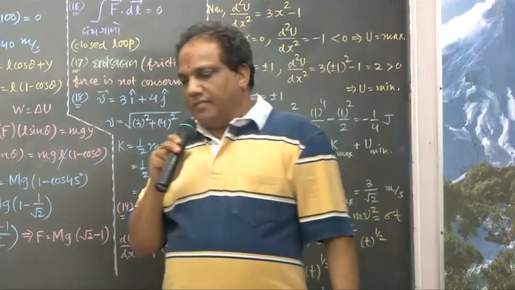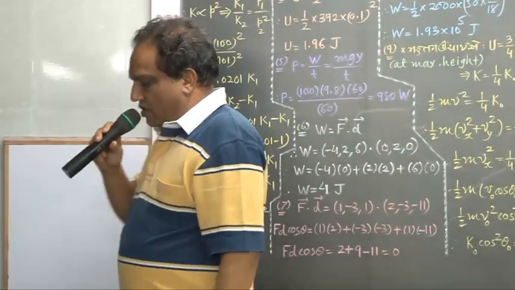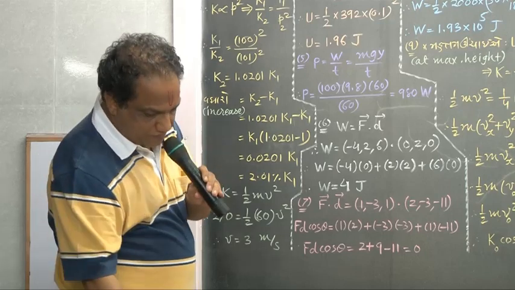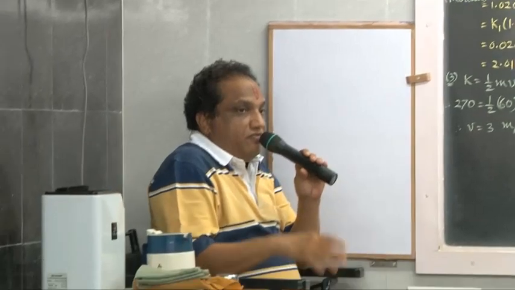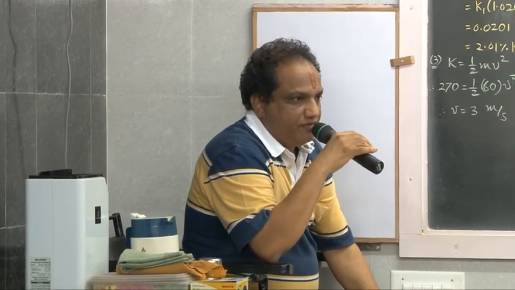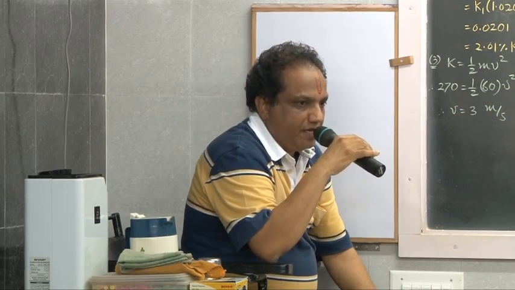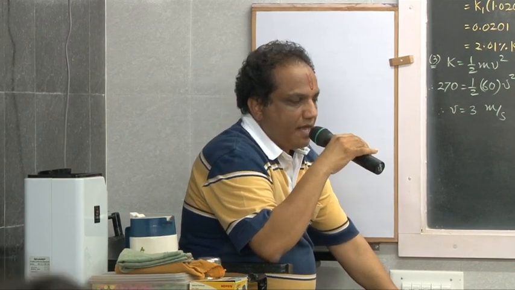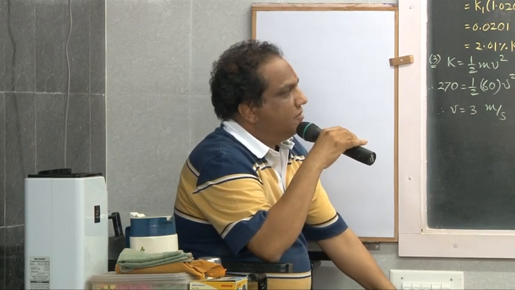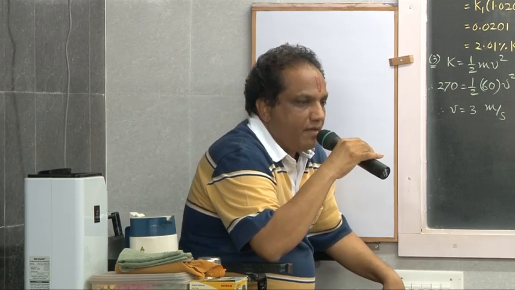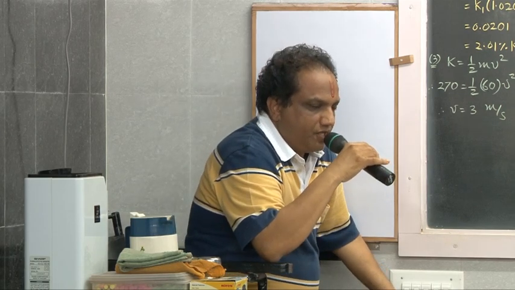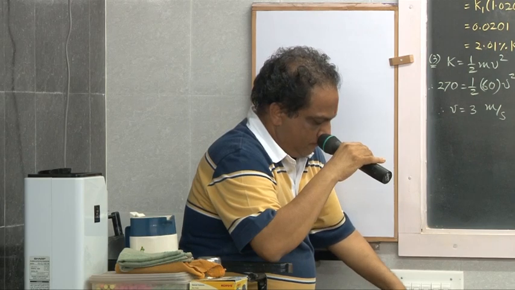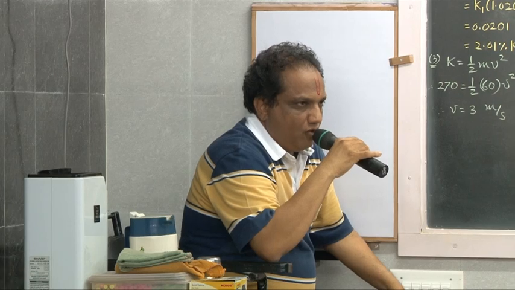If water is to be drained out from a well of depth 50 meter at a rate of 10 liter per second, and thereafter to throw that water with a speed of 5 meter per second, what amount of power is required?